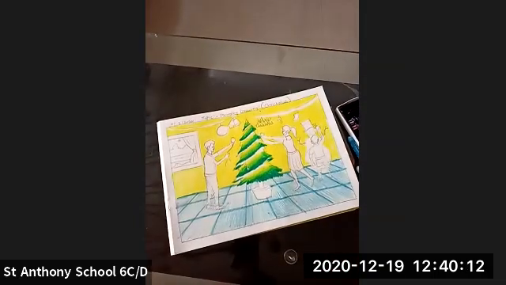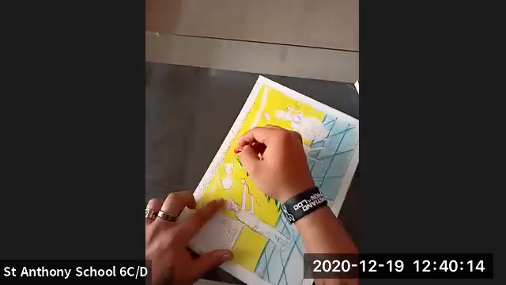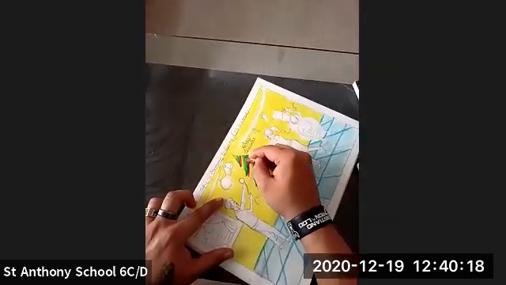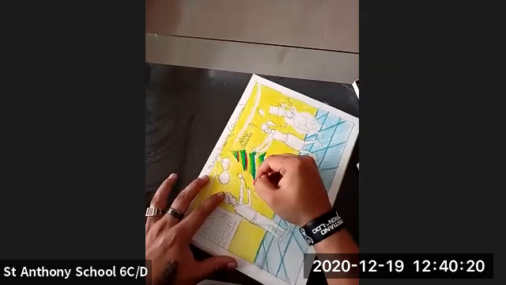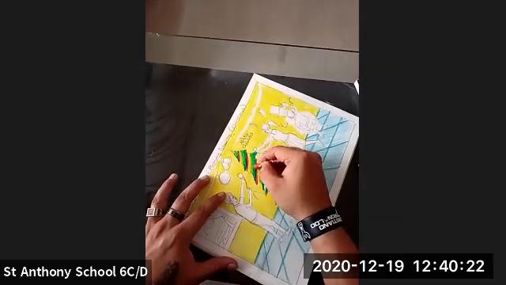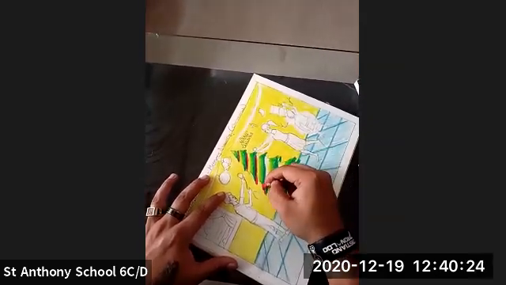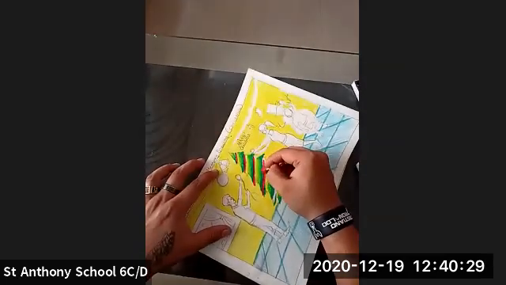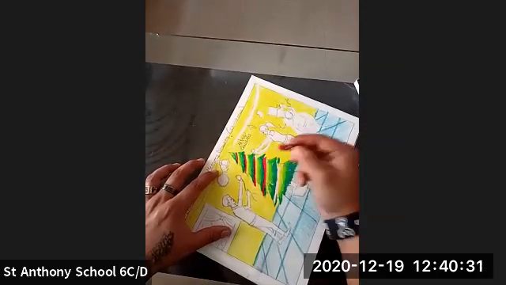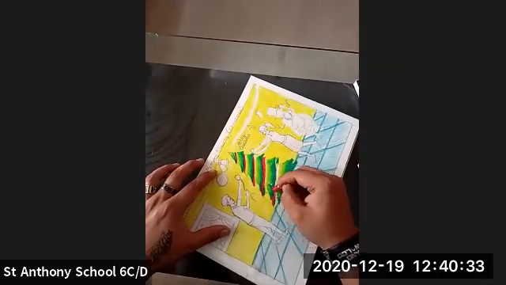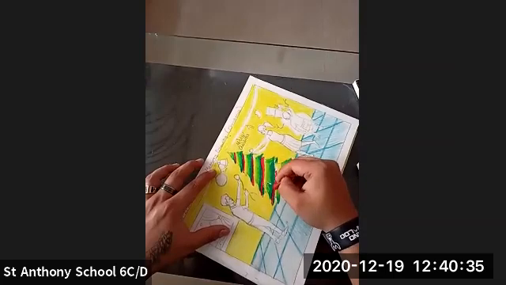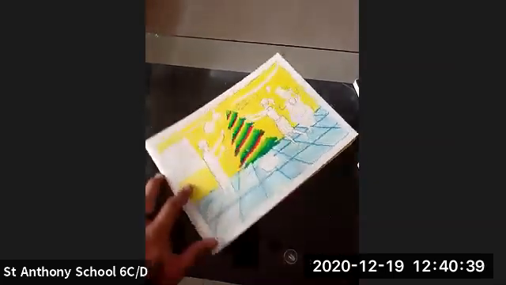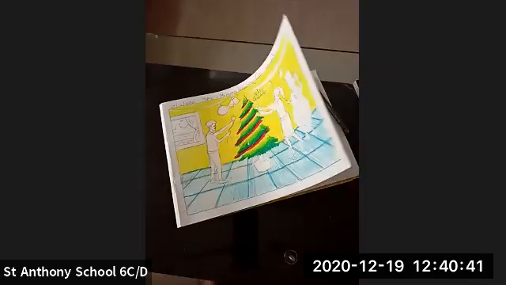Now I'm going to take a red, and there is a ribbon on the Christmas tree, so I'll just color it with the red color. Just look at this.